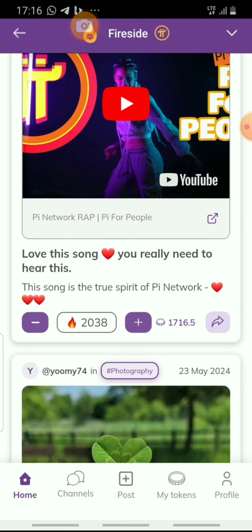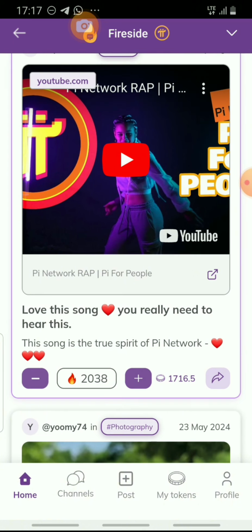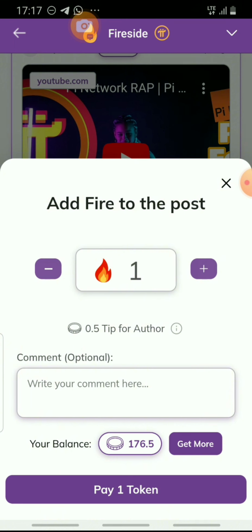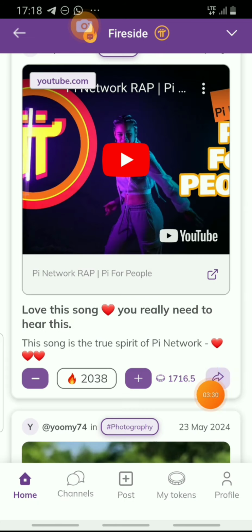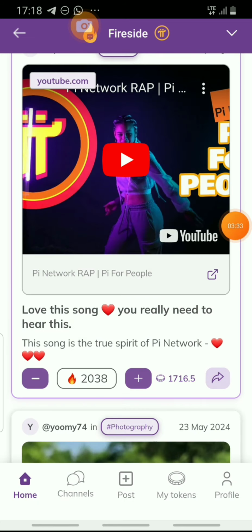The last thing that I want to talk about is this icon here. These icons allow you to upvote. It allows you to like. It's called Fire. You can click on the plus button and gift the person that posted this post. You can gift the person fire, as much as you want. So yeah, man, you can comment. And you can also share. You can click on share and share